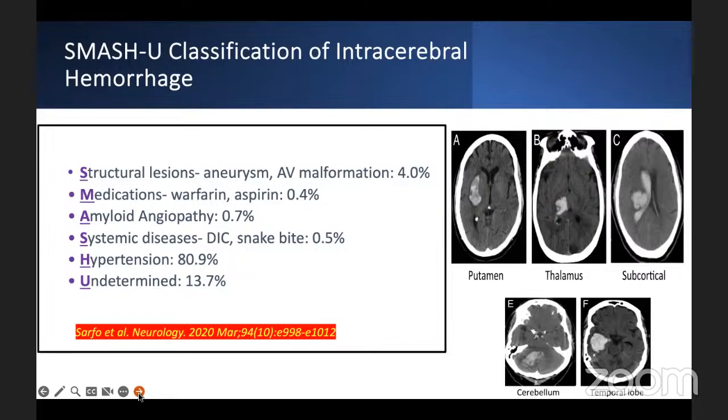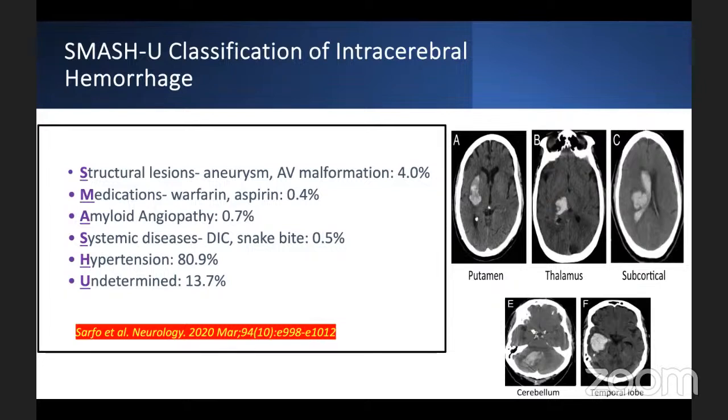Now I want to highlight hypertension because hypertension is the commonest reason why a lot of people bleed. And when somebody has hypertension and the person bleeds, it often occurs in the basal ganglia area, like the putamen, the thalamus, subcortical. So most of the bleeds that we see in practice are from hypertension. The patient comes, the BP is around 230 over 140 diastolic, and it ruptures the vessel,